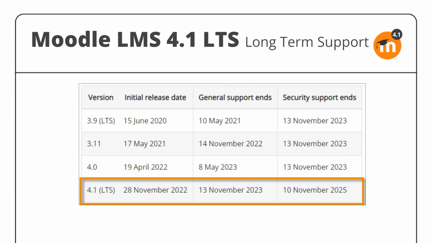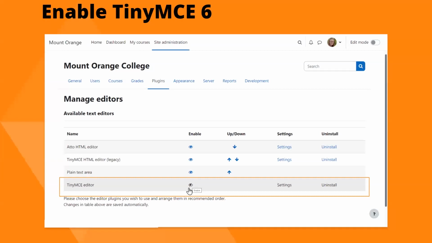The next thing that I want to talk to you about in terms of administrators is TinyMCE. So this is an updated, more accessible, more modern version of the TinyMCE editor that you're probably already aware of, that you have in the Moodle site. So the default editor that we always recommend is Atto. But now a new TinyMCE, it's actually called TinyMCE 6, is available for the administrator to enable in site administration. And you can see here in the screenshot, just open its eye and then let your users, if you want, try out this new editor.